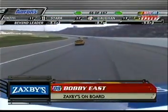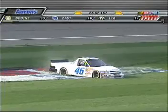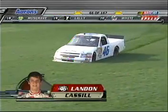Well, Adam, it looks like a great deal of sheet metal damage here to the Northern Tool and Equipment Ford. Oh, and we got a problem on the racetrack. Yep, I see smoke over in turn 4. It's the 46 of Landon Castle who slides into the infield, and that will bring out our 4th caution of